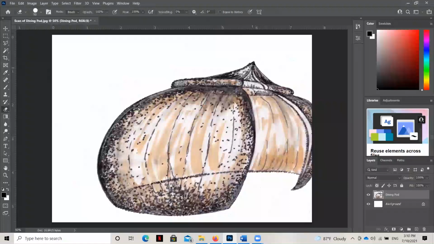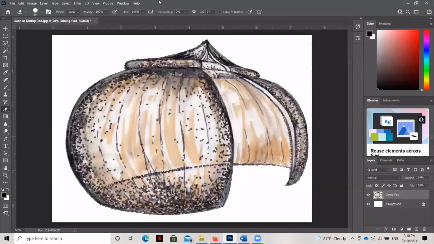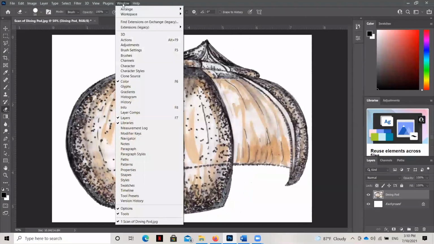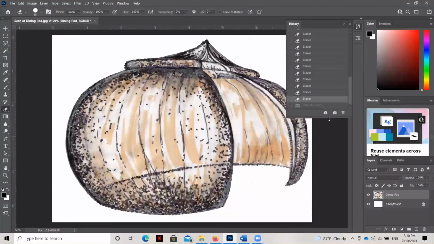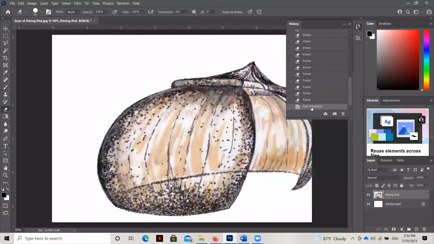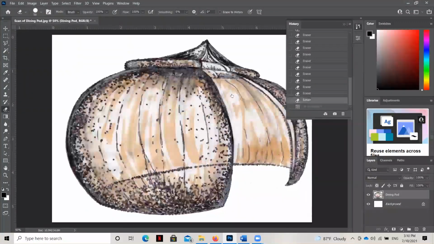Now, that command that we just saw is really helpful if we have to start to distort things to a vanishing point later on. But let's say I want to go back because I don't want to do that command. I can hit Control Z, or if I go to my window toolbar, I can drop down to history here and I can reveal the history. This is everything I've done since I opened Photoshop. And so if I wanted to go backwards from that free transform here, I can go back one command and it'll look like it did before.